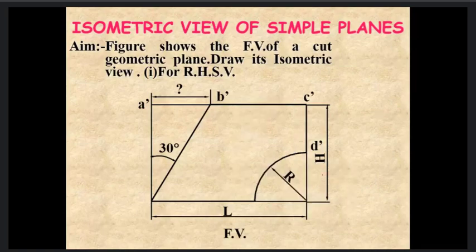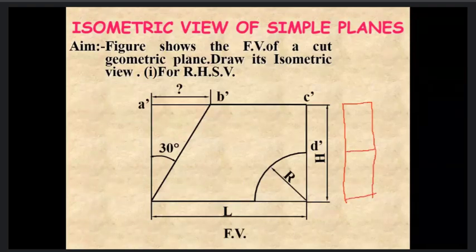Okay, you may be given such type of side view for the same figure. This is your side view. This is your front view. This is the right hand side view of the figure. In the right hand side view, what is visible to us? This will be visible to us as a rectangular portion. This curvy portion will also be visible as a rectangular portion. On the back side, no hidden features are there, so it will not be visible. So that will be its right hand side view.